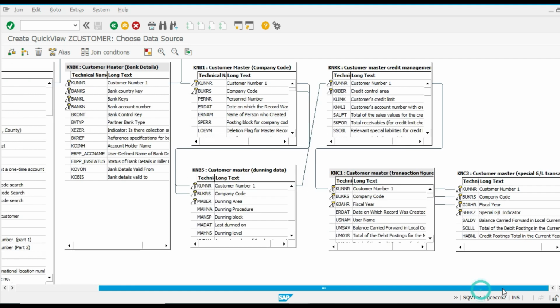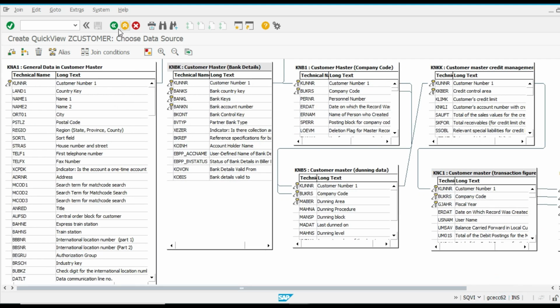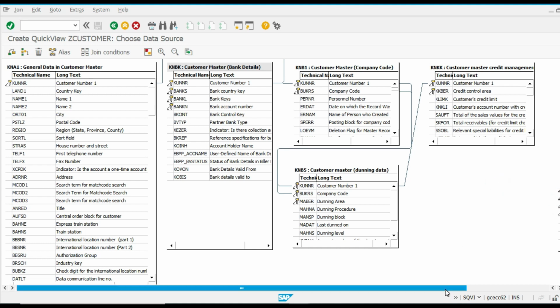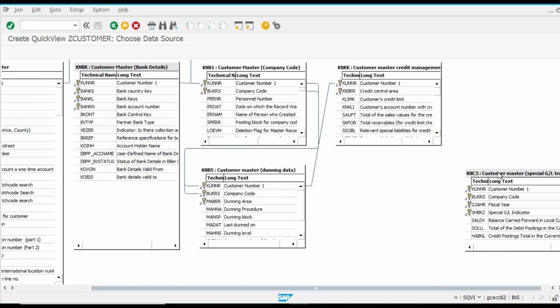Now these are the tables which we have joined. Now go back. Maybe this table is not valid transactional data, so we have to remove it.